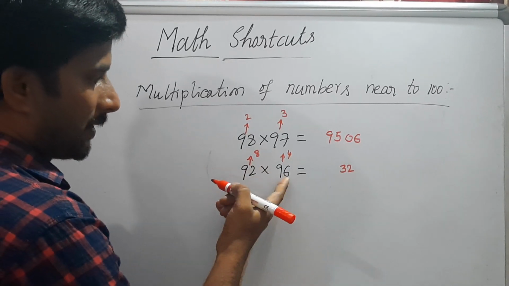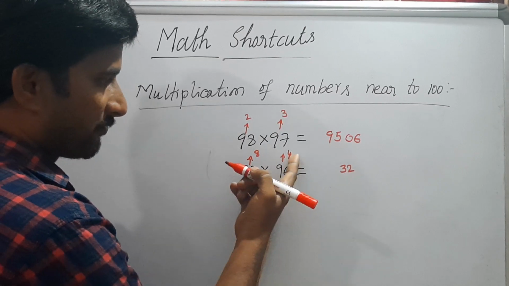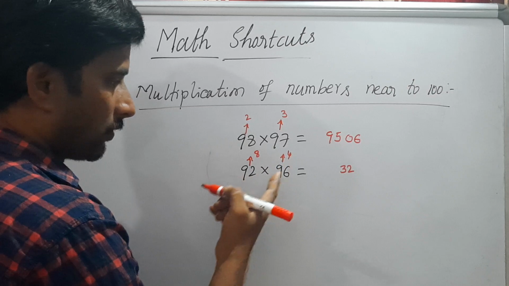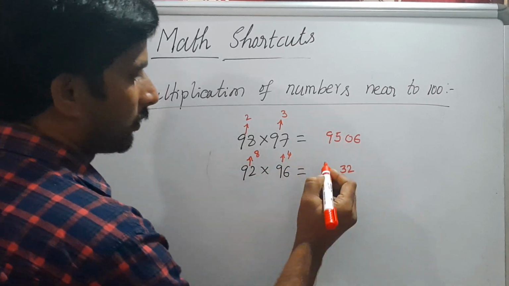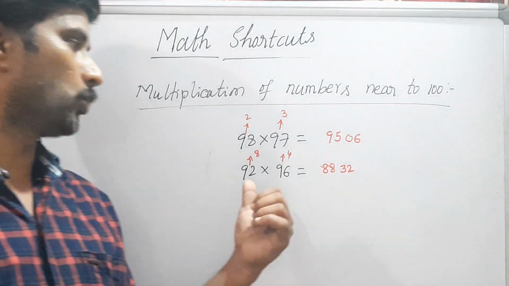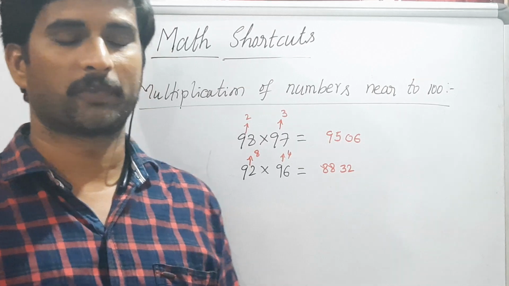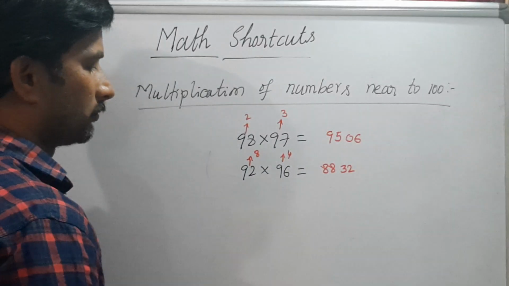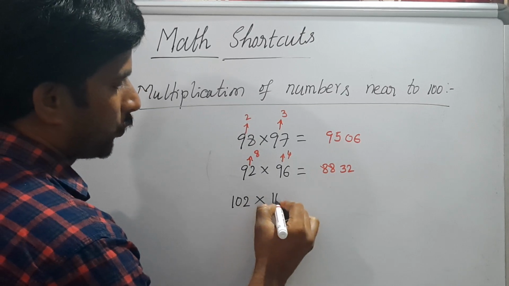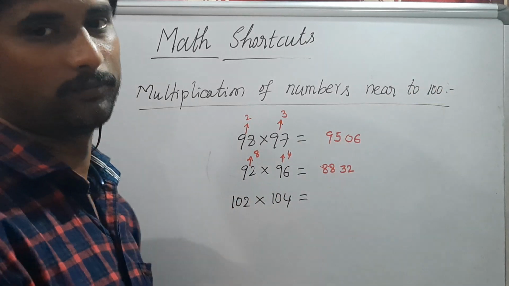Take in the cross way 96 minus 8 or 92 minus 4, which gives 88. So the product of 92 into 96 is equal to 8832. Now, the numbers 102 into 104, when the number is more than 100,